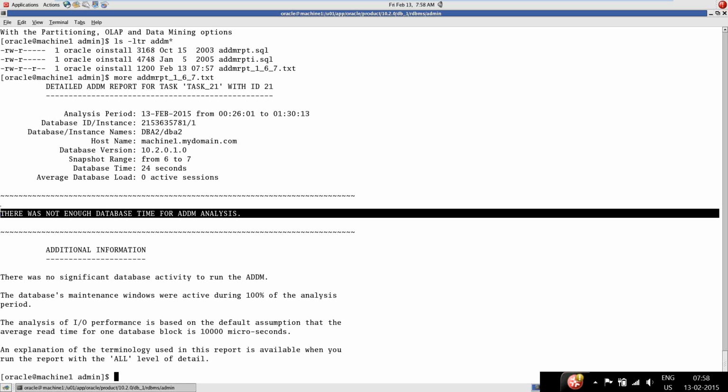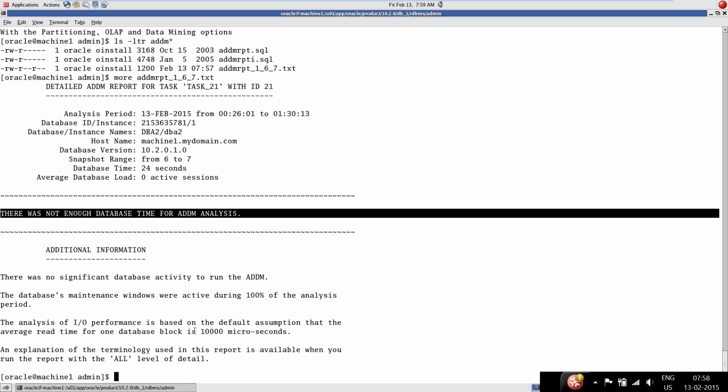Nothing happened here, so nothing is showing. If any complex queries ran in this time period, it would display who ran the query and everything, in a simplified version so we can read and understand it.